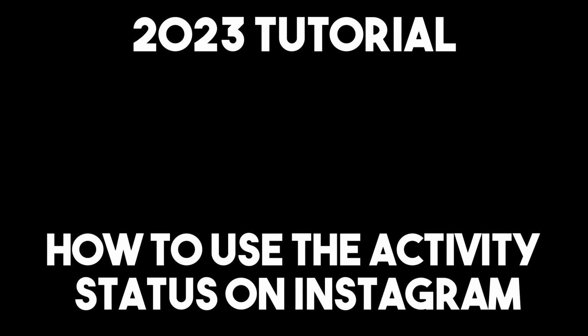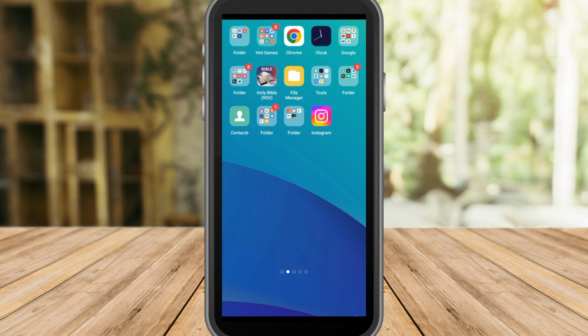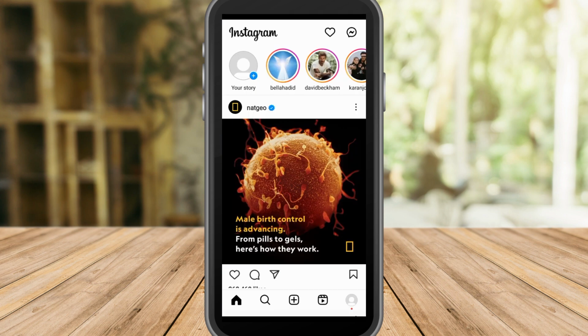Hello, today I am going to show you how to use the activity status on Instagram. First, you need to launch the application. Now, the activity status feature tells you when a person is actively using Instagram and how long it's been since